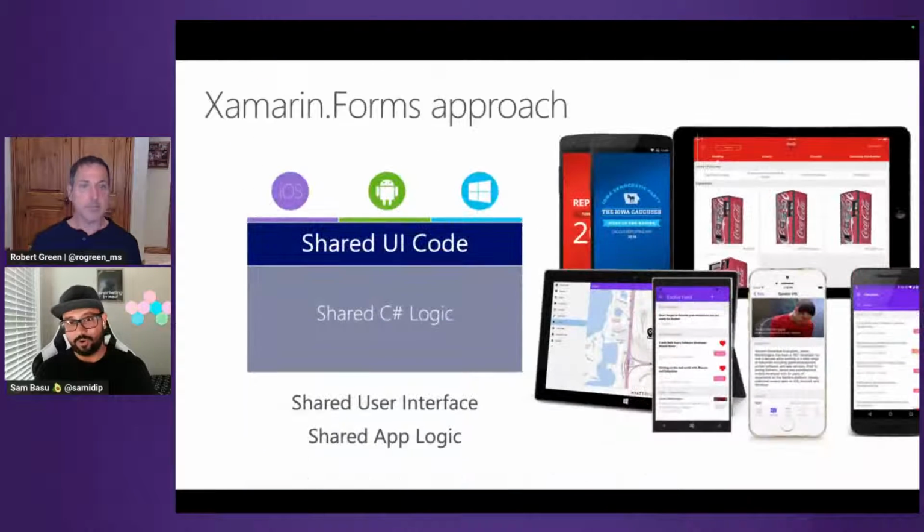Then comes Xamarin Forms, maybe 2013-14 timeframe, and it's had a good run over the last 6-7 years. This was where we started writing shared UI, abstracted UI, because these are 3 very different platforms. But you write your visual tree, your UI in C# or in XAML, and they turn around and render native UI on iOS or Android. So you need to know less about iOS or Android.